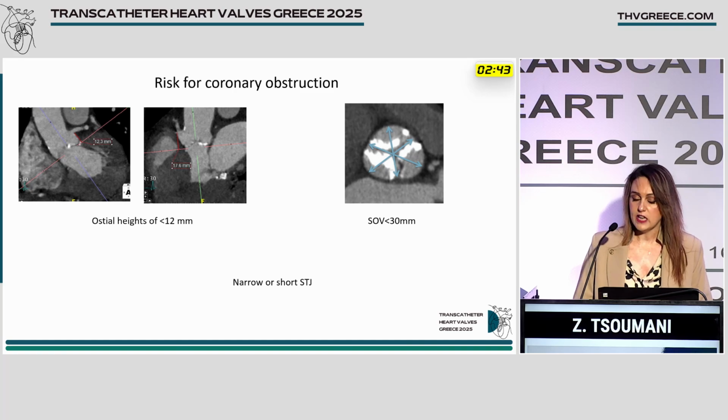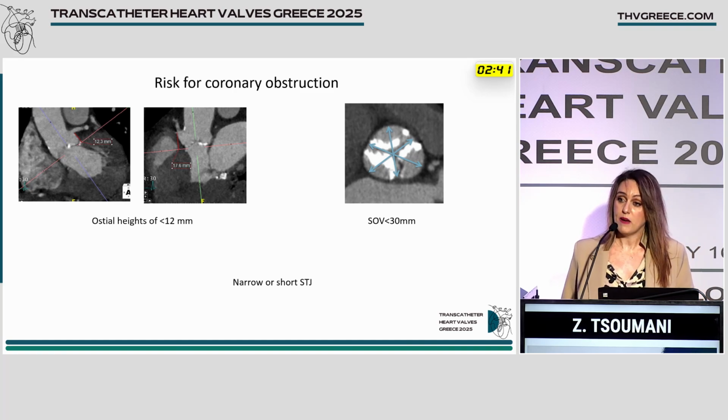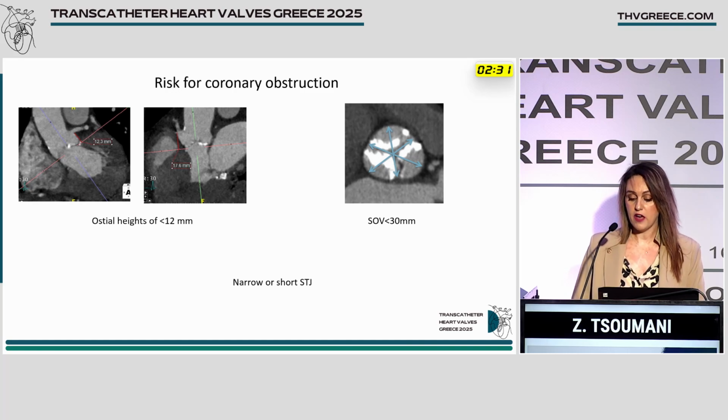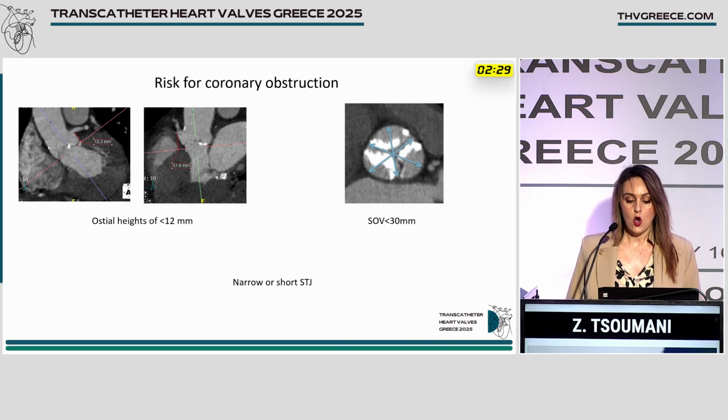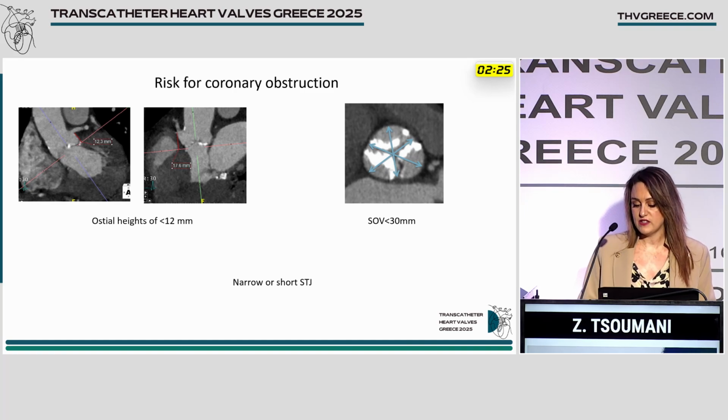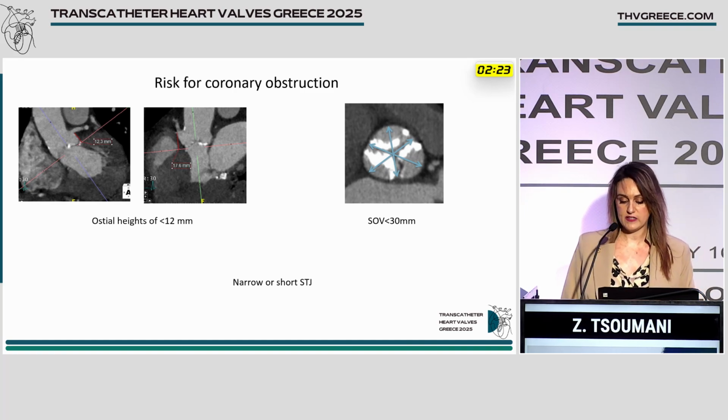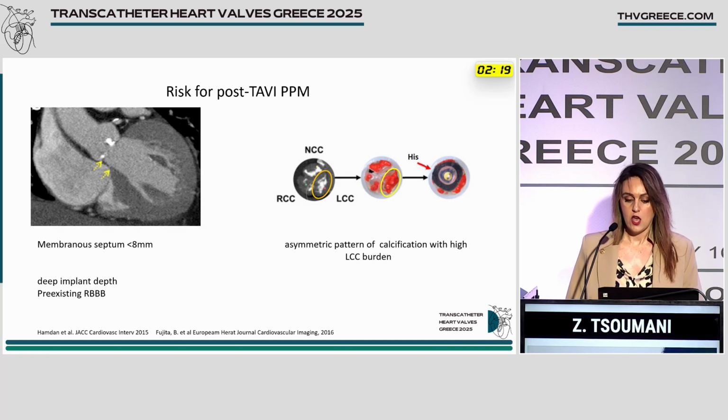With CT, it is mandatory to measure the coronary ostial height perpendicular to the annular plane, as well as the sinus of Valsalva diameter and the height of the STJ. Ostial heights less than 12, sinus of Valsalva less than 30, and a narrow and short STJ increase the risk for coronary obstruction. On CT, we can also measure the length of